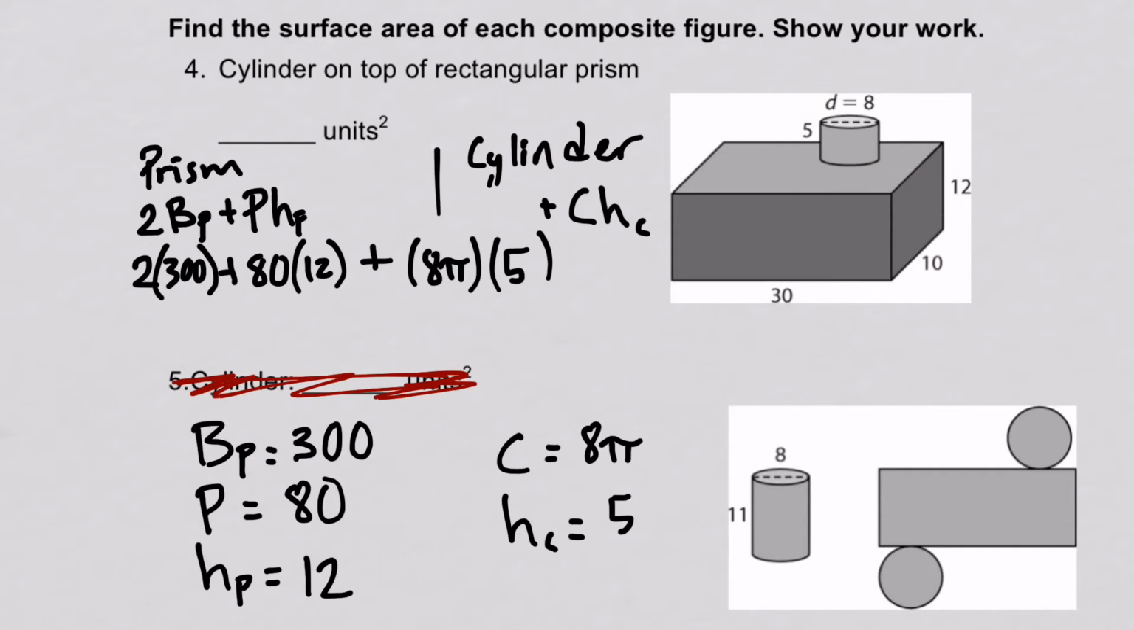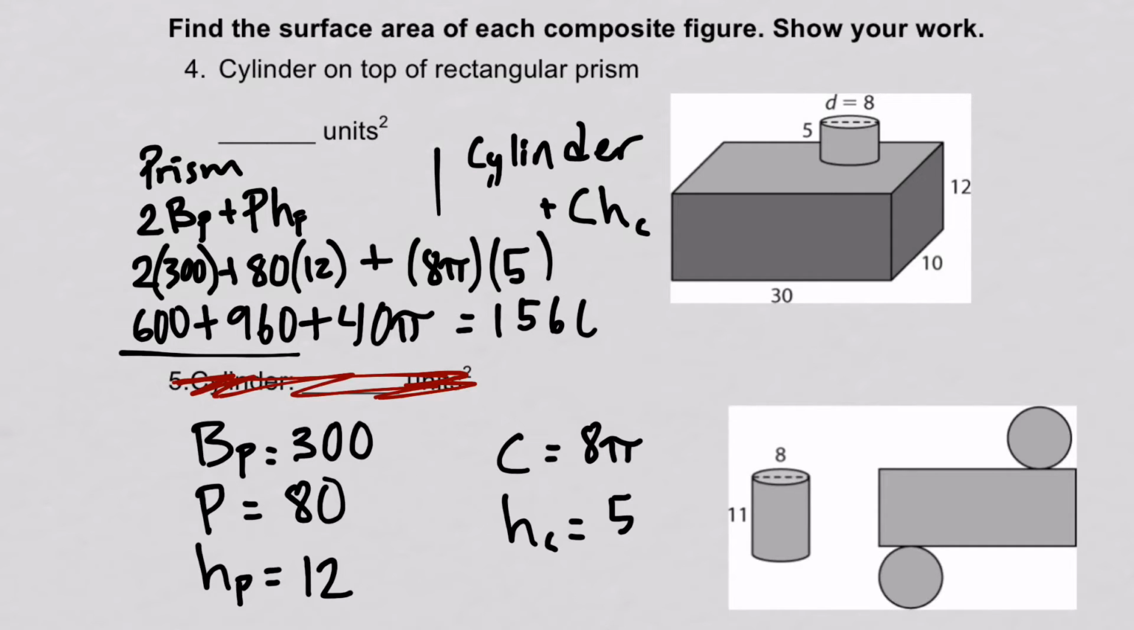There you go. And in this case, you might need a calculator. So this is going to give me 600 plus 80 times 12 is 960 plus 8 pi times 5, which is 40 pi, right? 8 times 5 is 40, 40 pi. All right, I'm going to add the 600 and the 960 together. Gives me 1,560